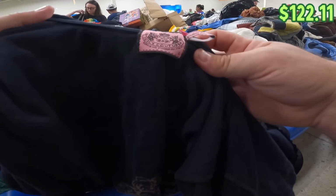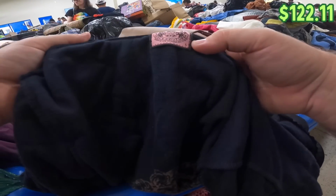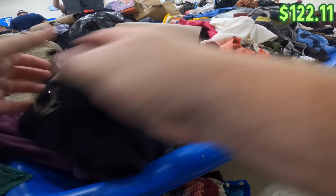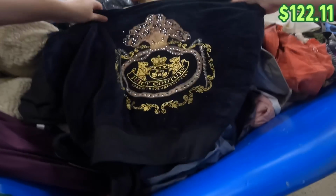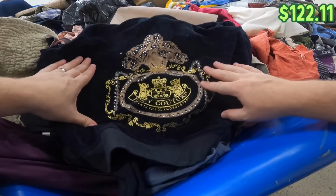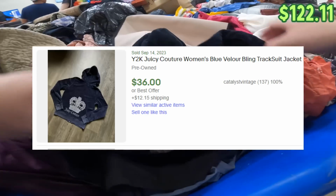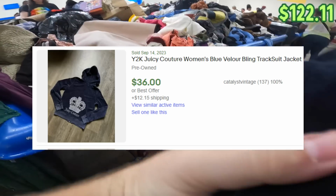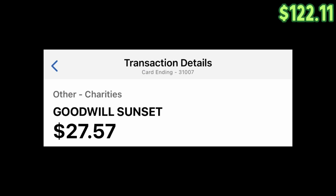Got this little Juicy Couture made in America, size large. It's like a little satin jacket. It's got some of the jewels and stuff on the front. Looks pretty good. And then a big thing on the back as well. Very nice. Feels high quality. Grab that. We spent a grand total of $27.57 on all this stuff today,